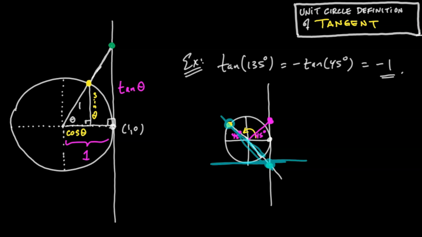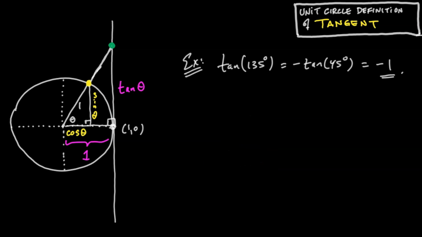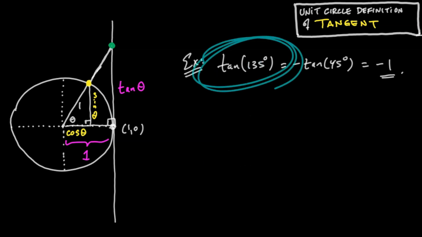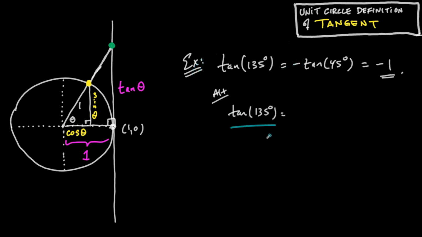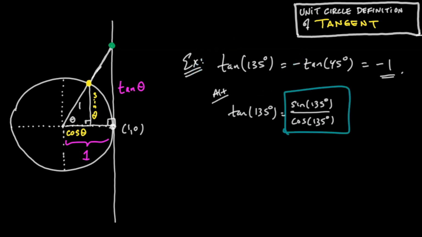That looks like the second coordinate is -1. Good. Now, of course, you could also have found this exact value by noting that tangent of 135 is sine of 135 over cosine of 135, using that identity, or definition in this extended sense, and then figuring out each